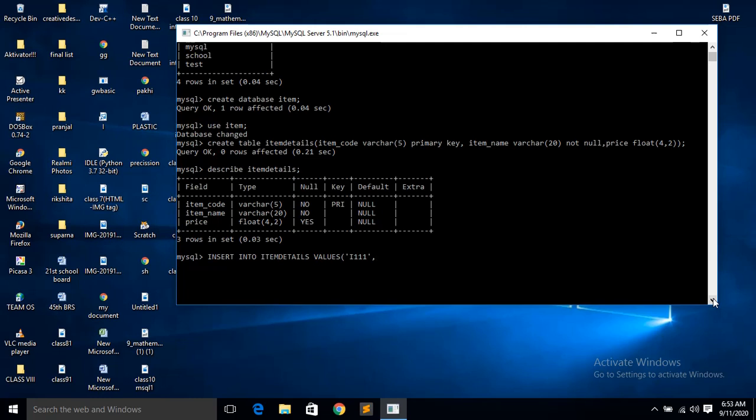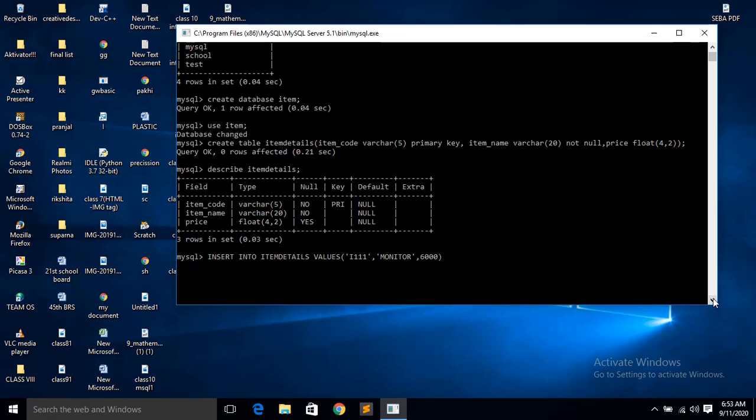What is the item name? Say all the parts of the computer I am giving here. Monitor, comma, price, say 6,000. Then you close the bracket.